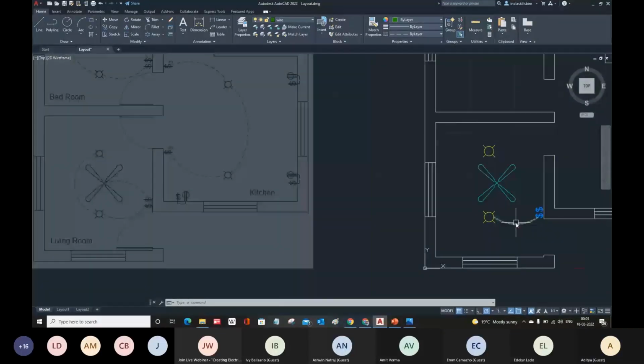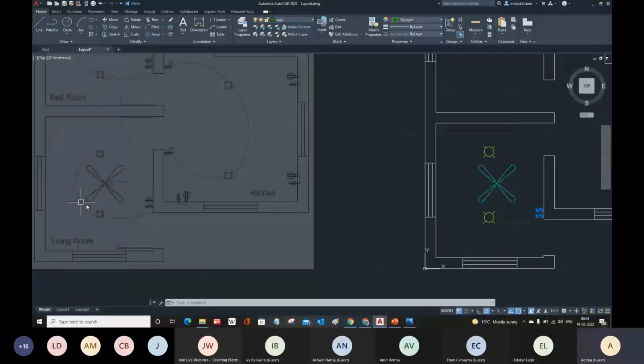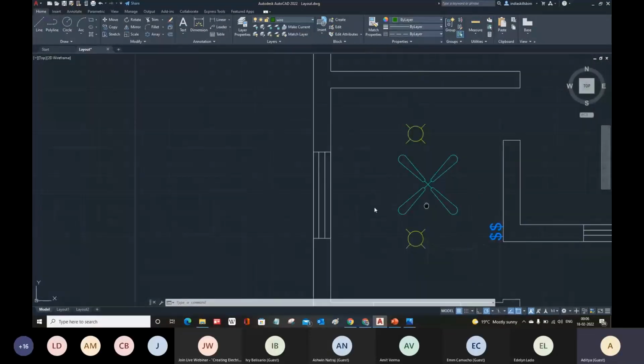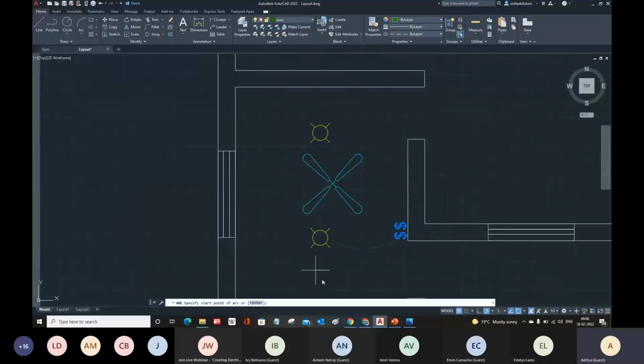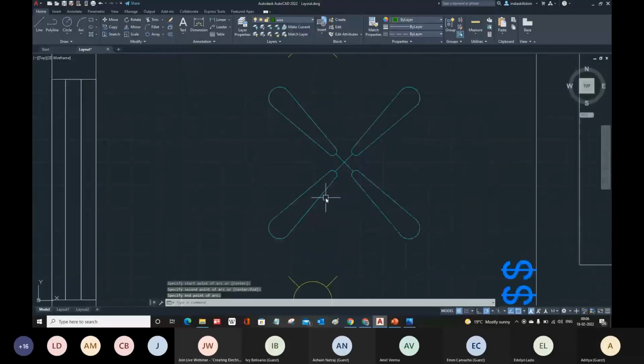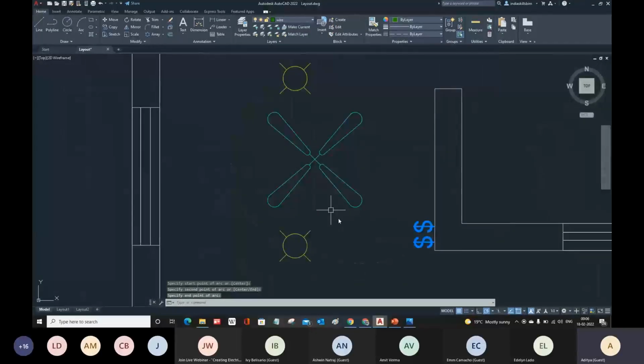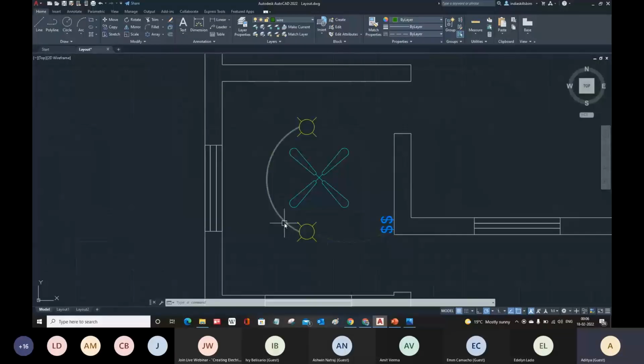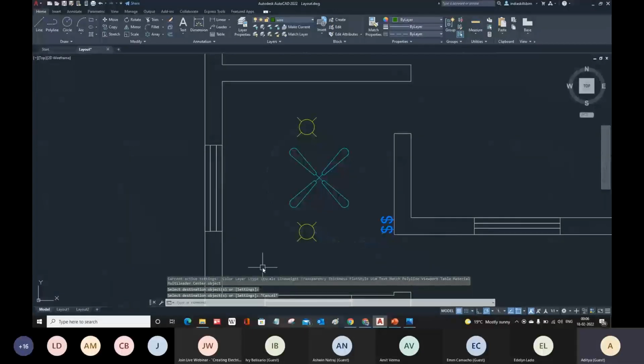After that, these two objects are interconnected. So again, I can choose the same command and start 1, and I can specify the second point somewhere here, and then third point here. You can see that. And now there is a difference in between the scale of this item and this item. So I can use match properties, MA. MA is shortcut for match properties, and then you can match the property of this item with the other item.